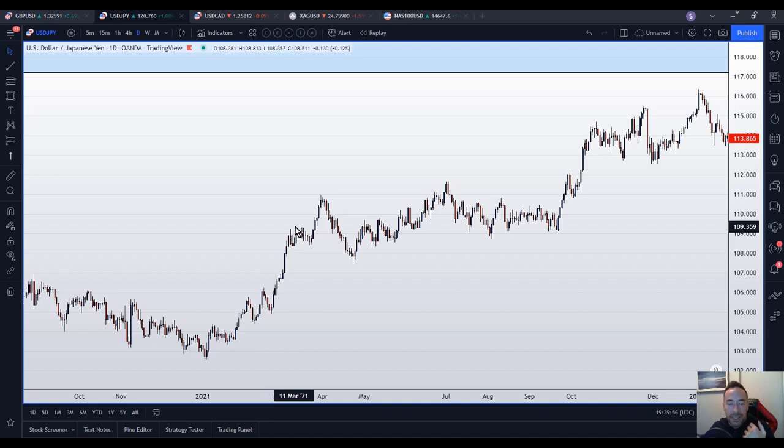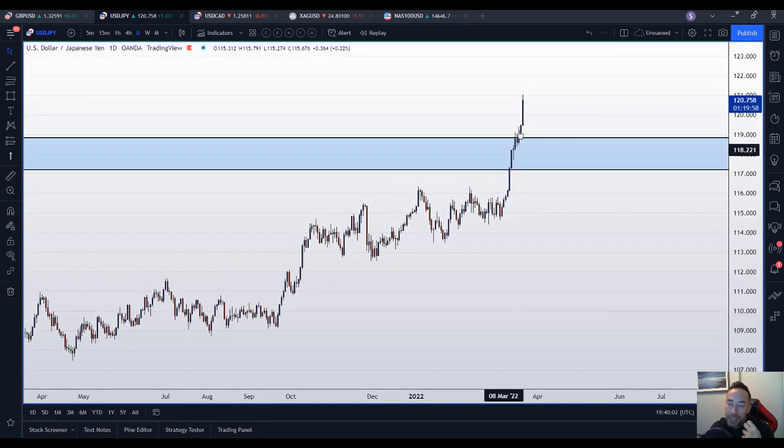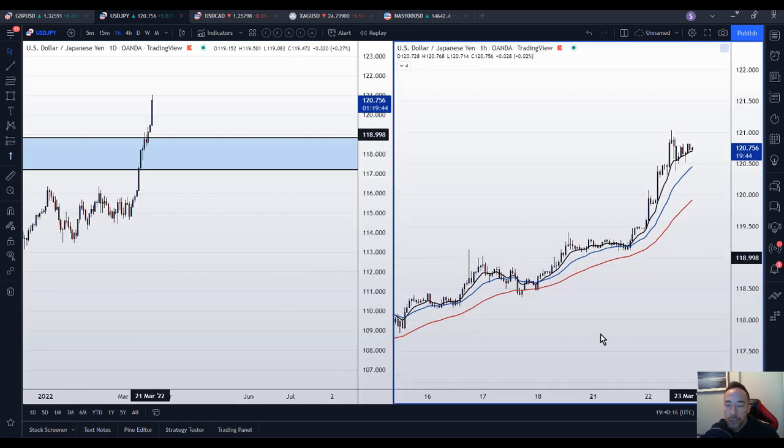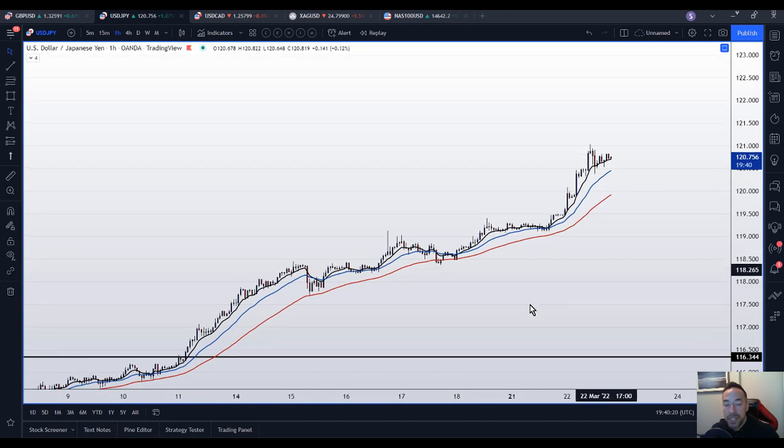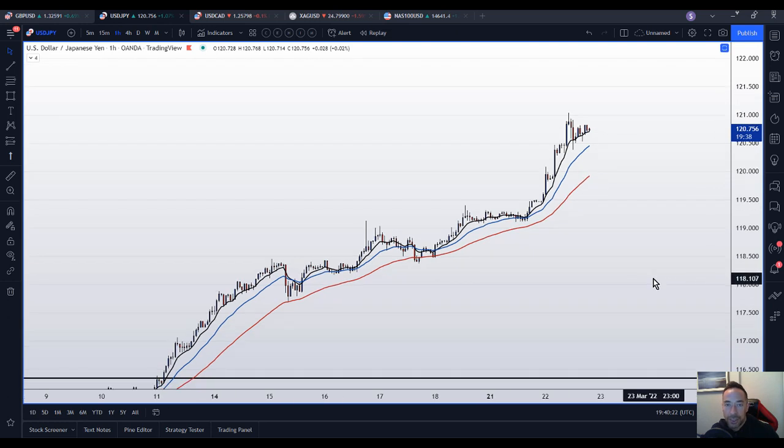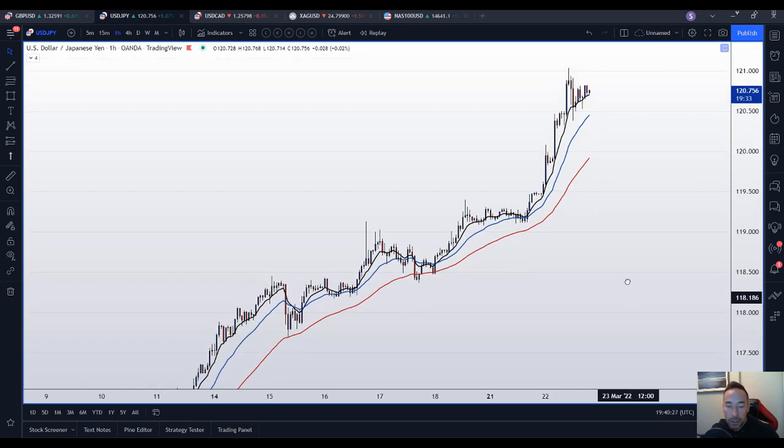Move here, we see a small correction, then a move, and then we see a bigger correction. So I would like to see a correction in the market on a bigger time frame. Personally, I wouldn't be placing any buy stops above daily candles. However, if you are an intraday trader and you can trade hourly, I would suggest hourly and below, then potentially you could look for entries, looking for those long trades.